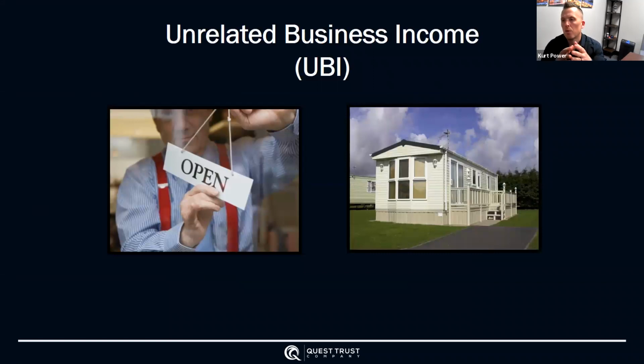What we're talking about when it comes to IRAs paying taxes, we're talking about UBIT, unrelated business income tax, or UBI, some people call it. How can I incur UBIT? There's three ways that an IRA can incur UBIT. And UBIT is taxed at the trust rate, about 37.4%. If I'm running a business inside of my IRA, I could incur UBIT. Who determines that? The IRS.